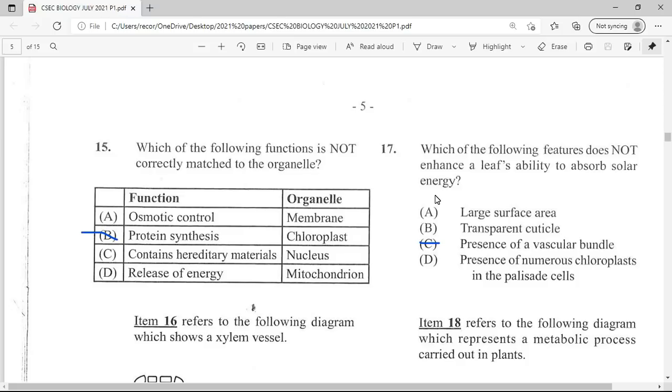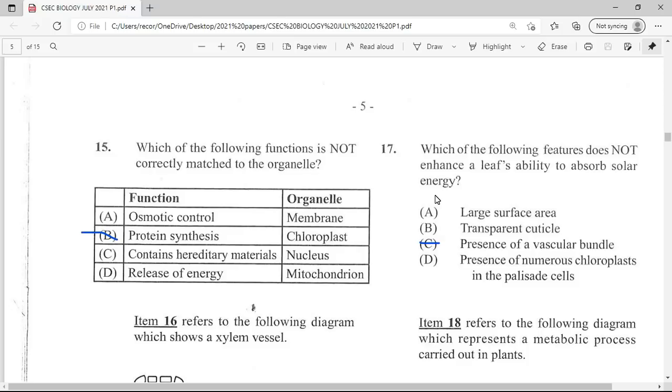The waxy cuticle is preventing, of course, the water from evaporating. But it must be transparent in order for the leaf to absorb sunlight. You would know about the peppered mud, as it were, with the pollution covering the leaf. If the leaf is all covered, then photosynthesis is going to be significantly reduced, if any at all. So it must be transparent.